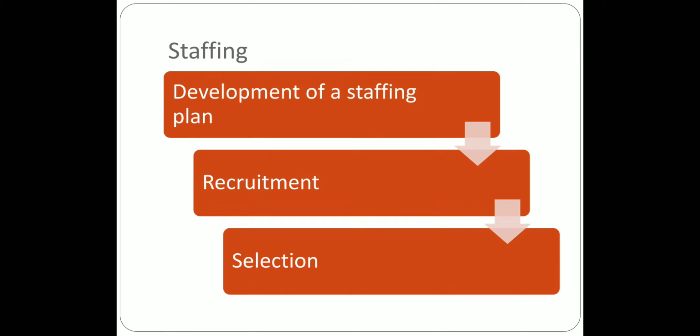The first one is staffing. Staffing involves the entire hiring process from posting a job to negotiating a salary package. There are three main steps. First, development of a staffing plan that tells how many people should be hired based on revenue expectations. Second, recruitment, which involves finding people to fill the open positions. Third is selection, in which candidates are interviewed and selected and a proper compensation package is negotiated.